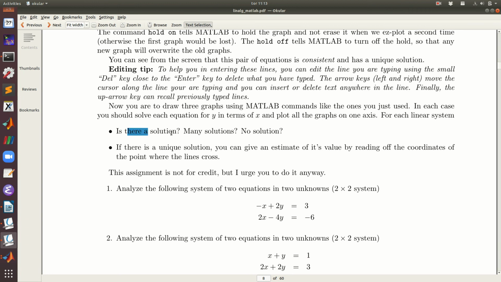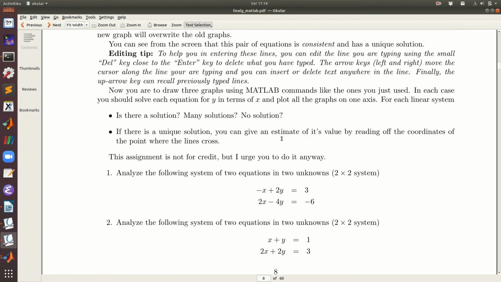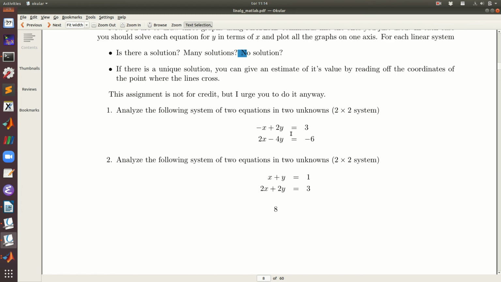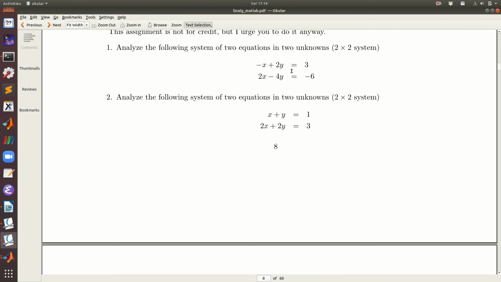So is there a solution? Yes, because there is a point of intersection. There are many solutions, you can always see. Is there no solution? You can always see from the nature of the graph. Is it not intersecting? Then you can see. There are many solutions, i.e. the graph is one graph on top of the other, so that they are intersecting at all points on all the lines. So those are some of the things you can do in case you are trying to analyze these